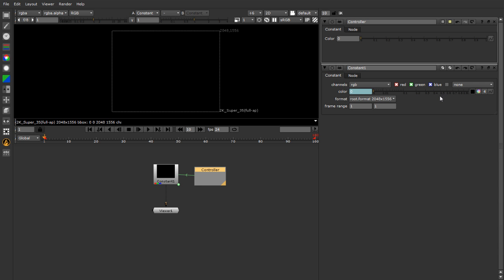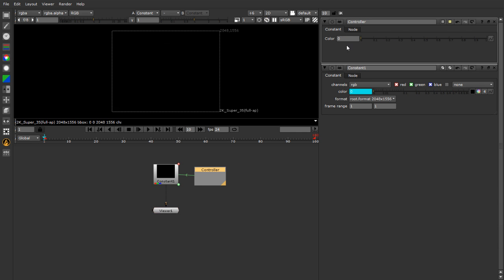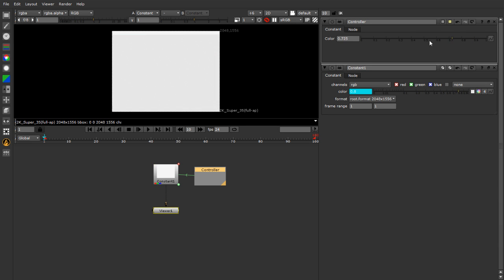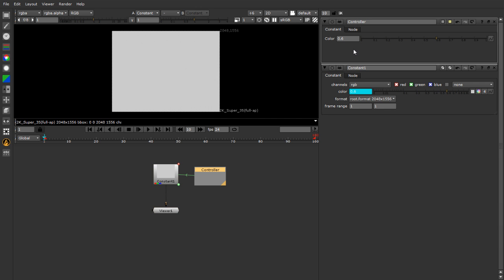So as you can see, immediately that 0 value is taken in and it is set. If I try to change this value here, it doesn't really do anything. It's actually using the same value 0 over here. But instead, if I actually come here and change this slider, you can see the slider and the value inside actually change. And just by moving this slider, I'm able to control the color values. So this is a very useful thing to have, because now I can go about and start controlling the solid